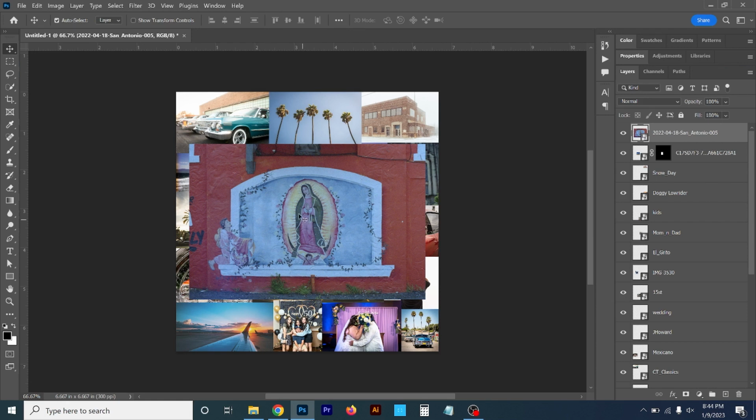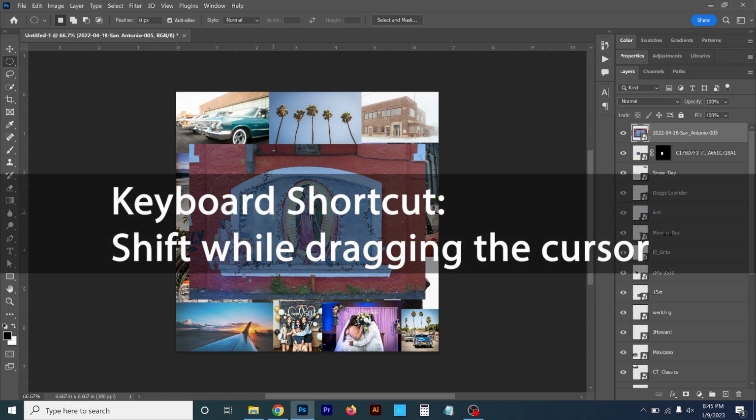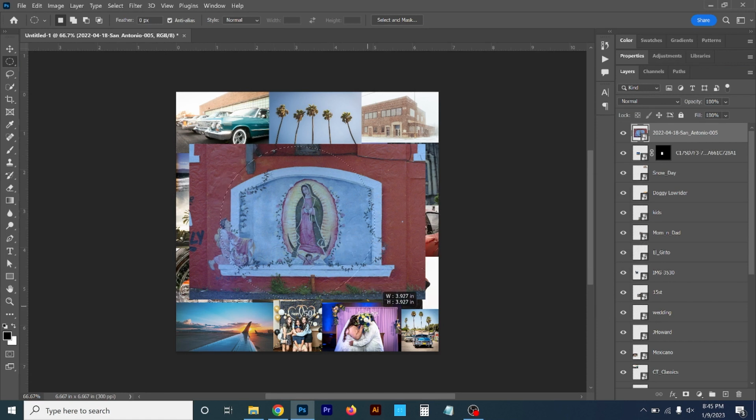And so what I'm going to do is go back here to the selection tool, and I'm going to go with the second one right here, the elliptical Marquee tool. Now what this does is it allows me to make selections in a circle. You see that? I got this circle marquee popping up now. So I'm going to show you two shortcuts with this. If you hold the Shift key on your keyboard and you drag out, this will allow you to make a